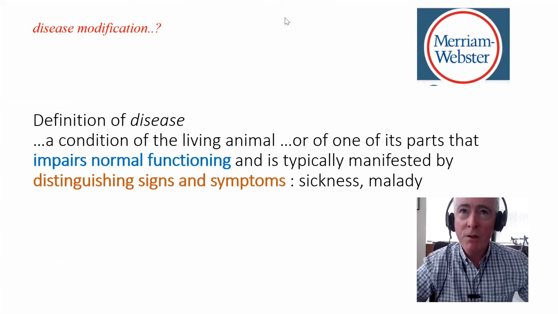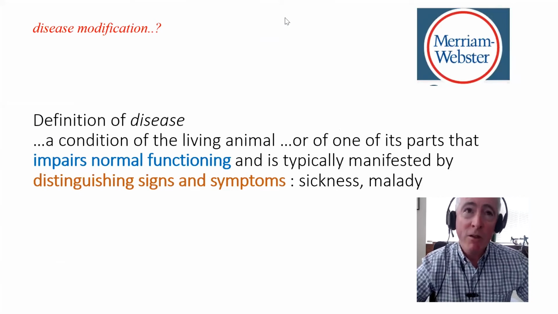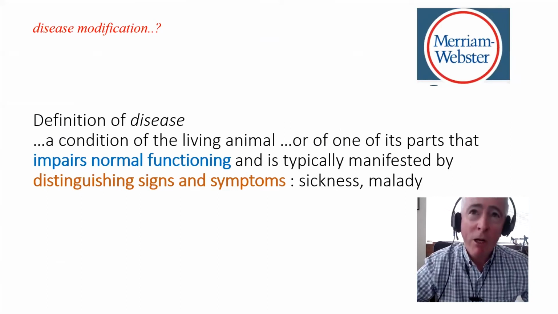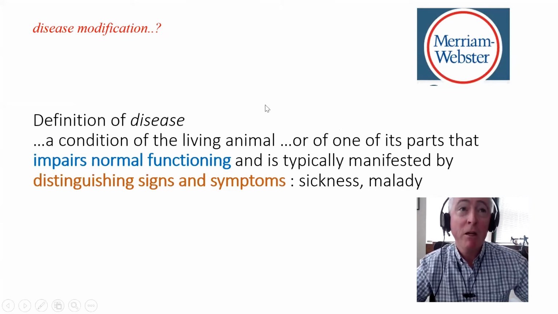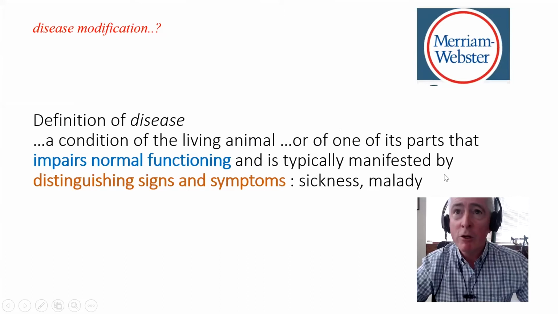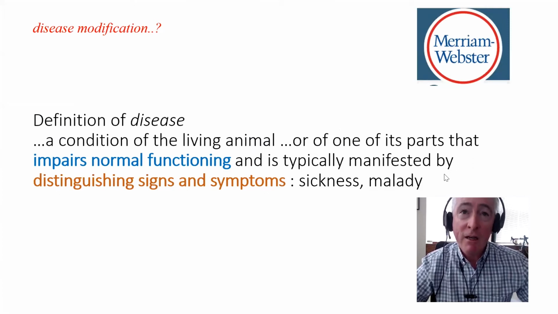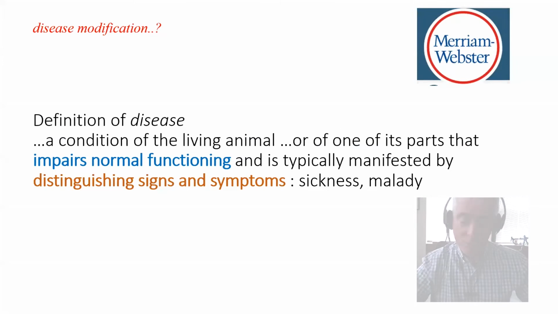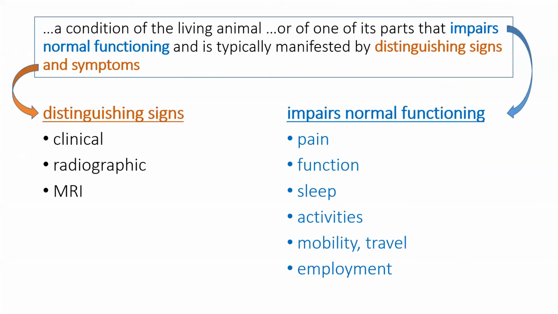But what is disease modification? What even is a disease here? I looked it up actually. A dictionary defines a disease as a condition of a living animal in which one of its parts impairs normal functioning and is typically manifested by distinguishing signs and symptoms. So in osteoarthritis, this is constructed as follows. You can see